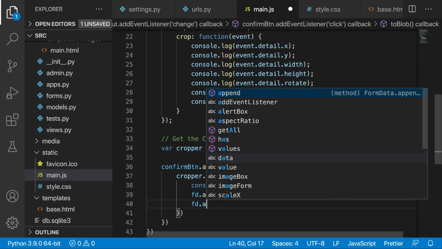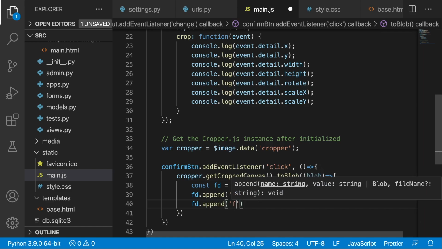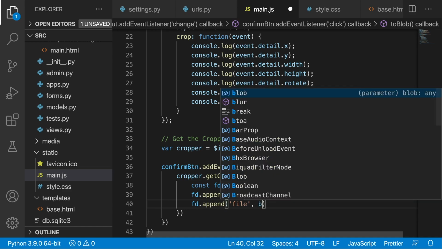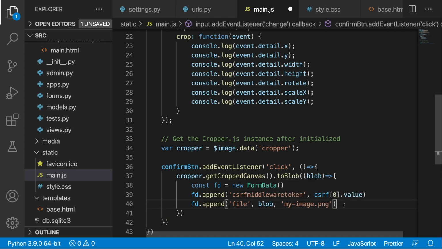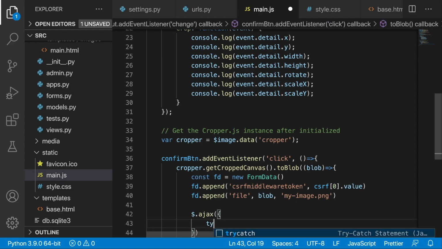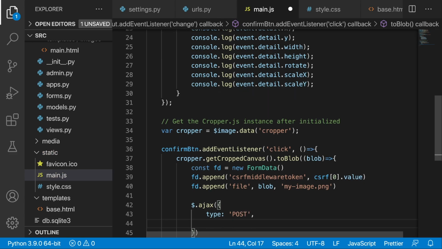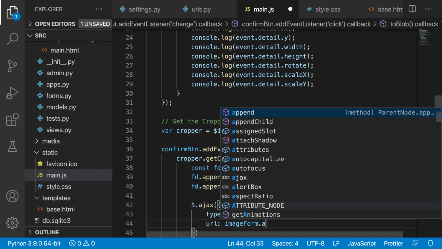So fd append, we are accepting a file, so this is the name of our field, and over here we are passing the blob, and we need to also provide the name of the file. So I'm just going to put in my image png, and having this, we can actually perform ajax. So let's put in ajax, and I'm going to set type to post. As the next step, we are going to provide the URL, and this is going to be the image form action,